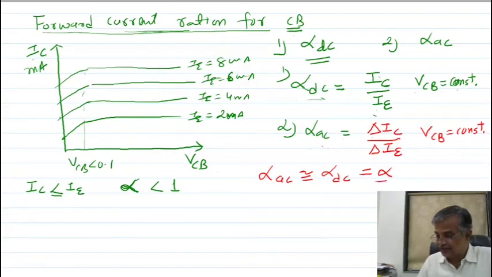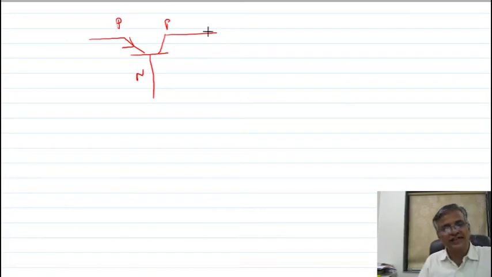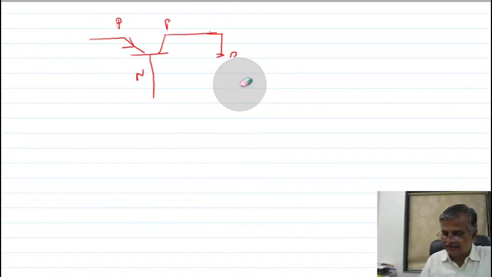So you are getting a current gain that is less than one. Now the question: what is the benefit of this? Let me show you. This is your common base configuration. The output current is less, so what do I do? I connect a load resistance RL here. This is your input resistance, say RE.